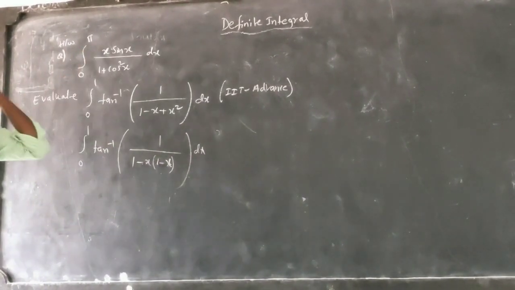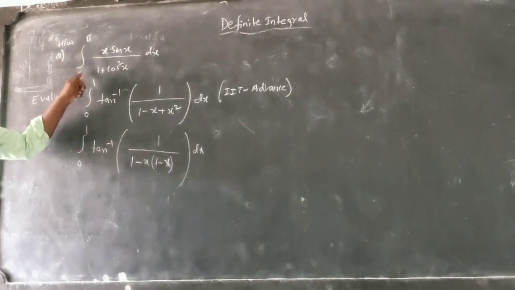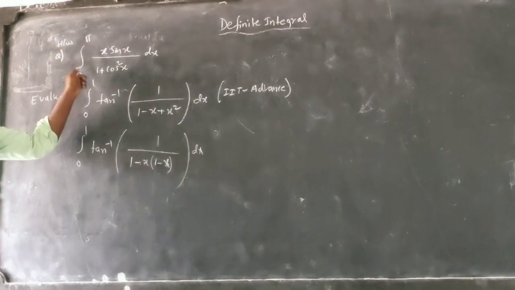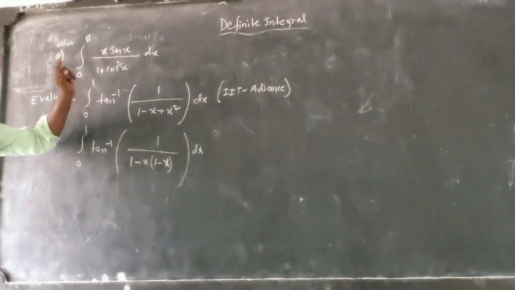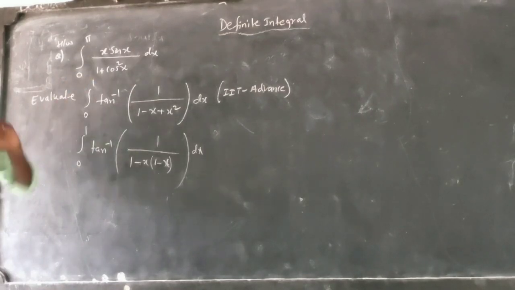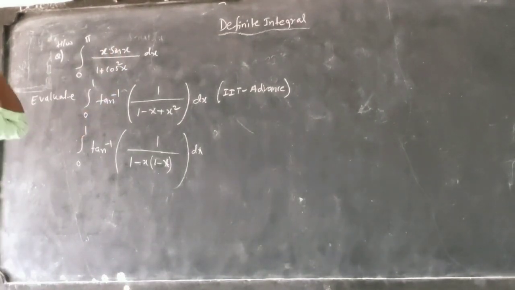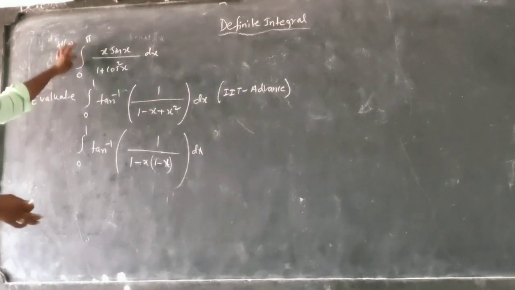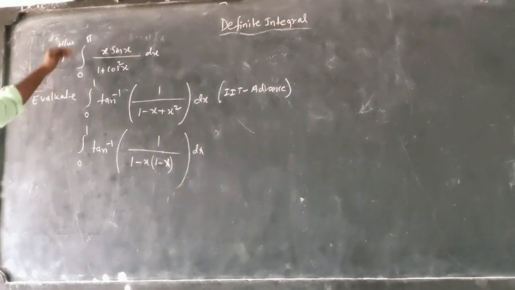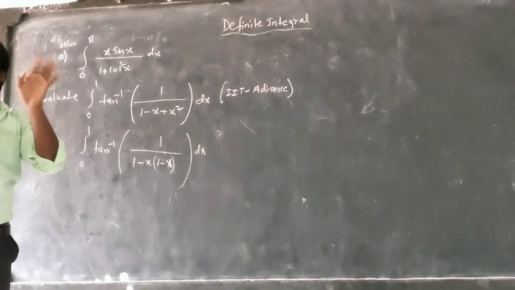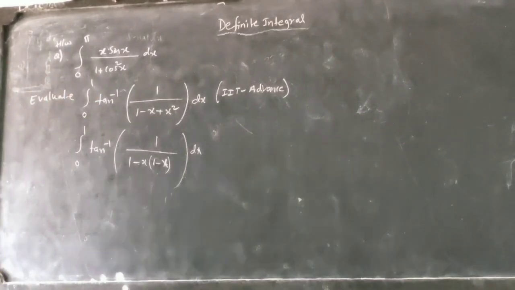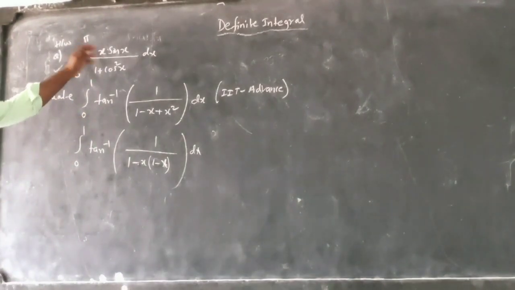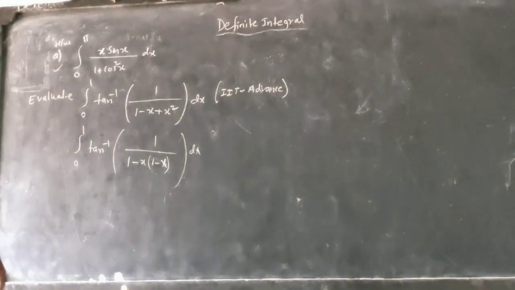See here this question, I just want to tell you this. Yesterday I explained you this question, but the interval is different. Yesterday the interval is not the same. Yesterday that was a JEE question, this is also a JEE question, but the interval changed. You can do this as homework. Yesterday I explained this whole question, you can see, but only the interval changed. So just in the last you change the interval and find the solution. If I change the interval, it is not going to change any steps. Steps are the same, steps are similar. Only the answer will be changed. So this is homework for you. Again, this is a JEE question. So do the homework.